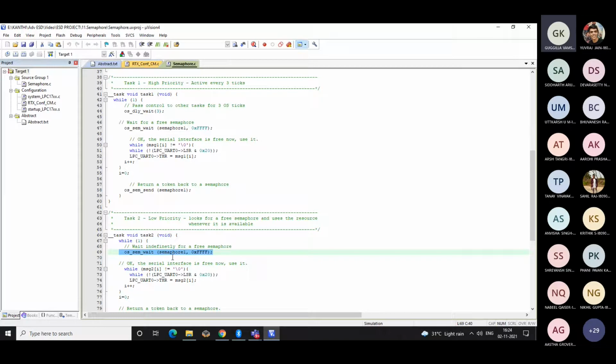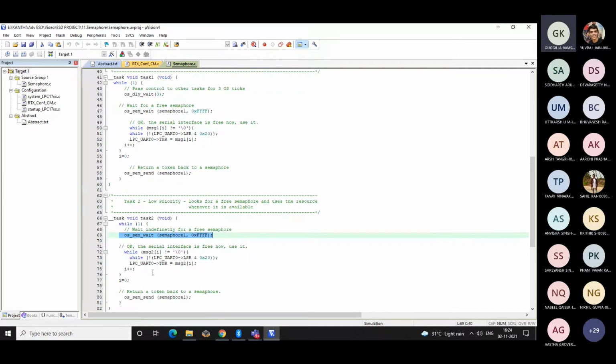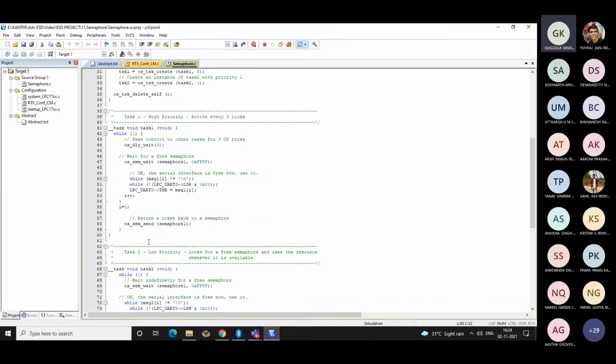If the semaphore is available, immediately it will acquire it and display the message, which is task 2 in this case. And once it displays the message, it can release it through the semSend. So from there, we can continue like how I can acquire the token and release the token.